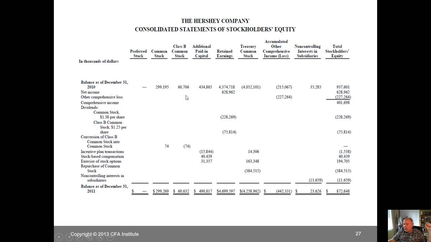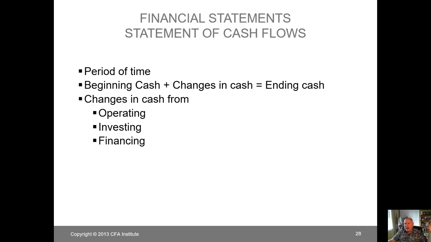This is what the consolidated statement of stockholders' equity looks like. The total number, and then it breaks it down by category so we can see what happened from one year to the next. It can be very helpful, but we have to start to think, where does this tie into the cash flow statement? And as I started this discussion, we want to start thinking in operating, investing, and financing type activity. They're very distinct things.